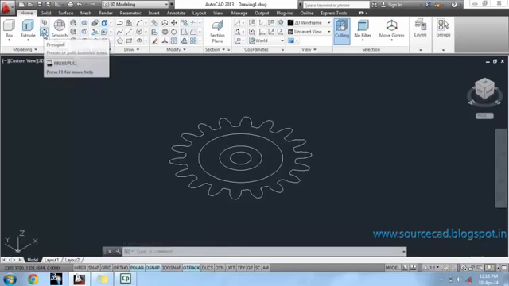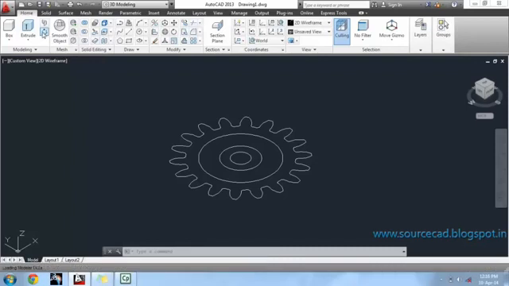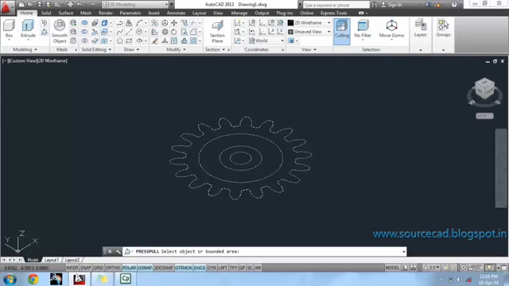I will use the press pull tool for performing 3D tasks. Select the bounded region